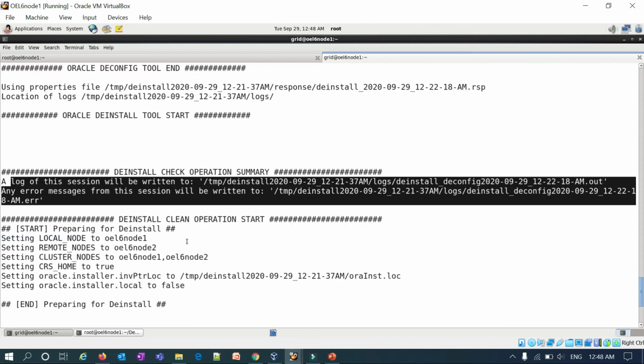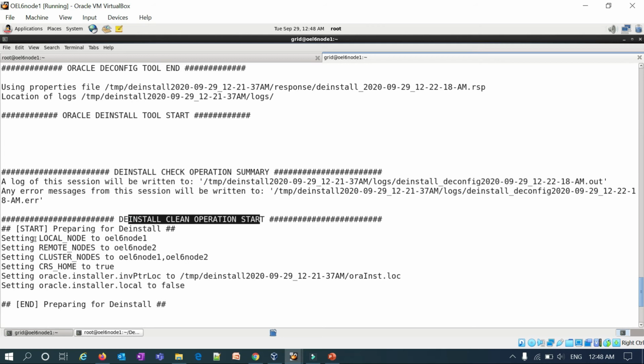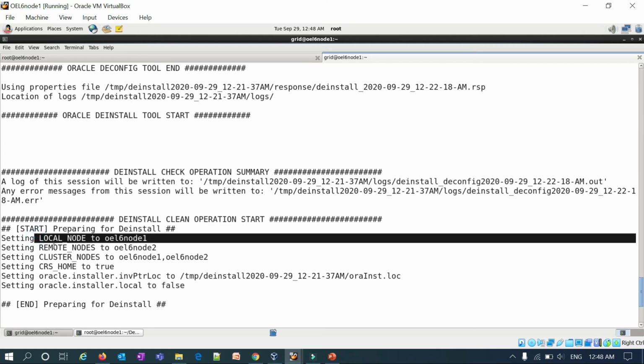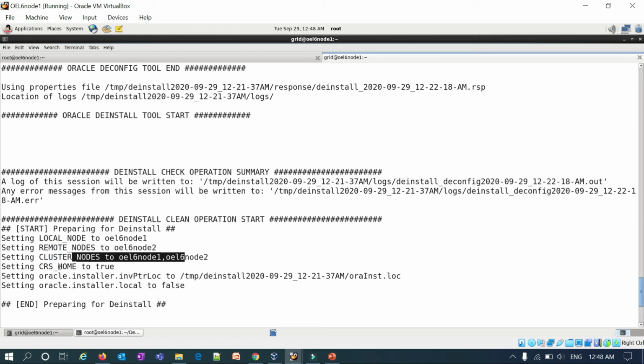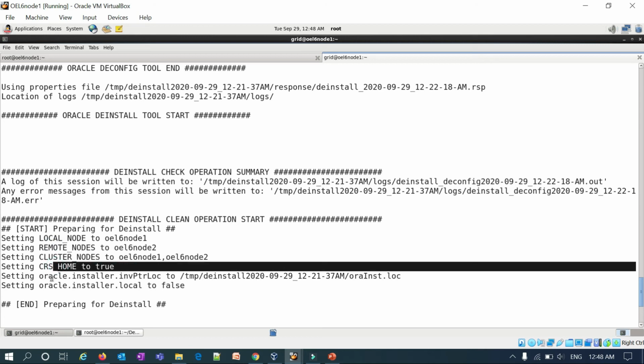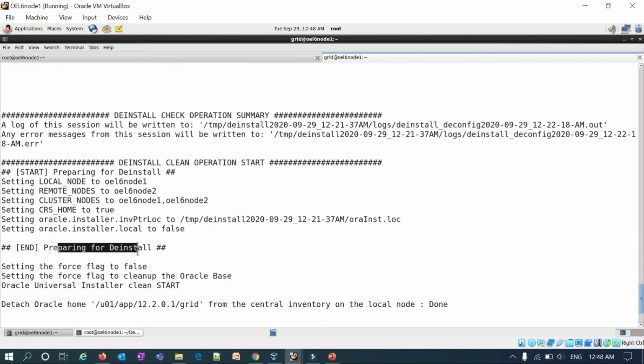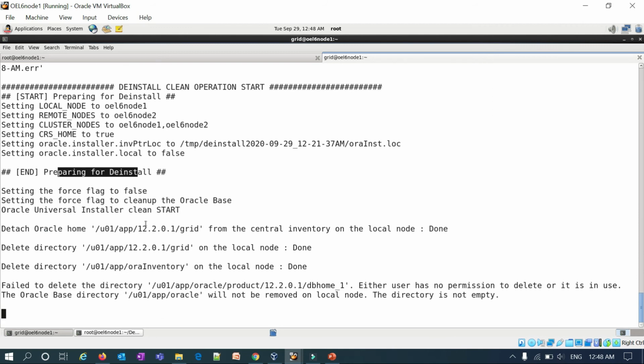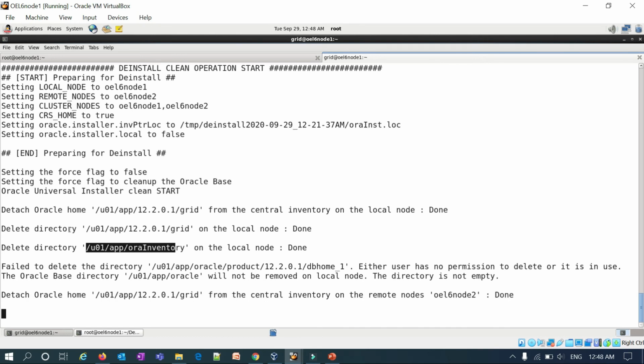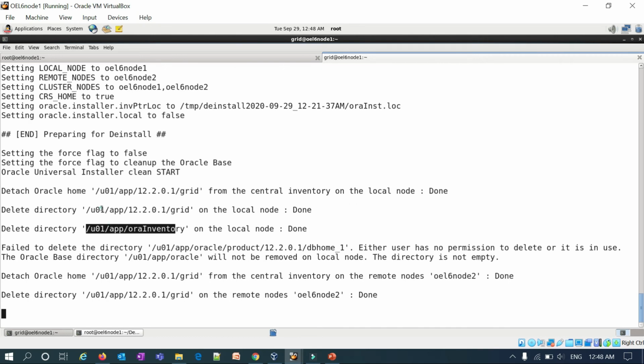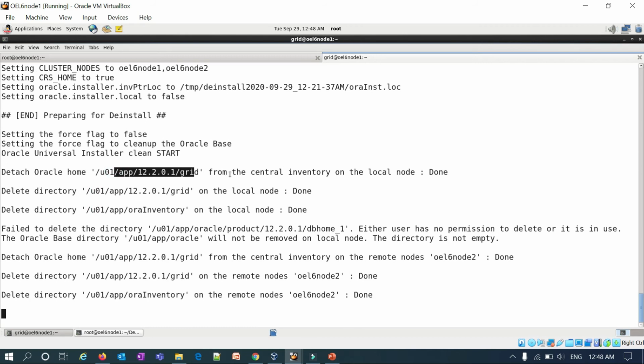You can see the summary, and this is the cleanup start here, right? Setting up this local node and remote node, and these are the cluster nodes. CRS home true, and it started with the deinstallation, preparing for the deinstallation. And you can read all this, you'll get to know. You can see delete directory, this one on the local node, and this one on the local node. Local node is done, and you can see delete this Oracle home from the central inventory is done, and directory